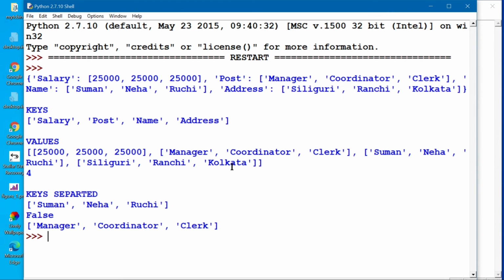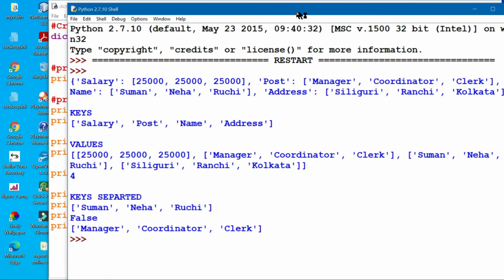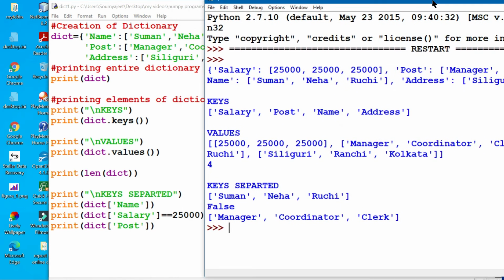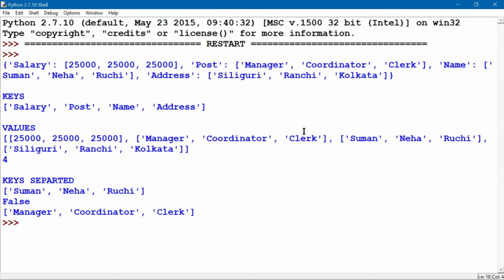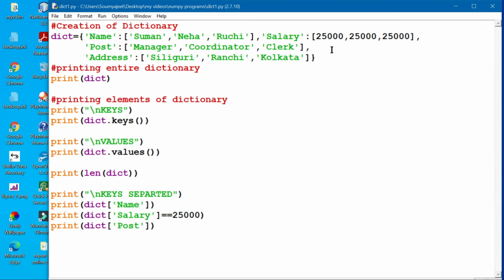All right, now you see, it is coming false here. So the thing is that this dict salary is not considering its value, so it is showing false. Clear? That is the thing. All right, so greater than or equals to, in this way it won't work, but greater than and smaller than will. Now if I'm putting less than 20,000, greater than 20,000 has been given. Now I'm giving greater than or equals to 25,000. What does it show? Let us see.